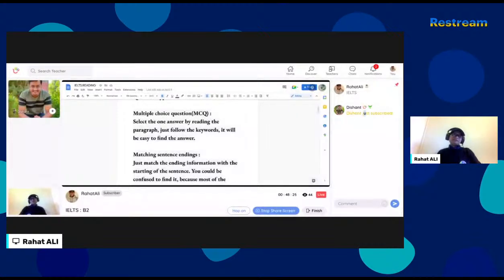Bear in mind that, once again, it's a time control exam. You have to do it quickly. You have to be proactive. You have to be good reader. You have to also have good knowledge about vocabs. Because in every IELTS exam, in reading part, there are few new words. I do not expect that you're going to know all the meaning, but from the context or content, you may guess the meaning, and you may find the closest meaning, and that is really an important part of IELTS exam.